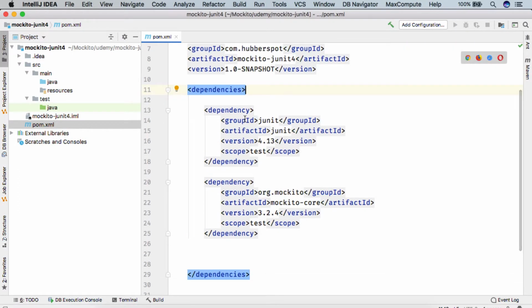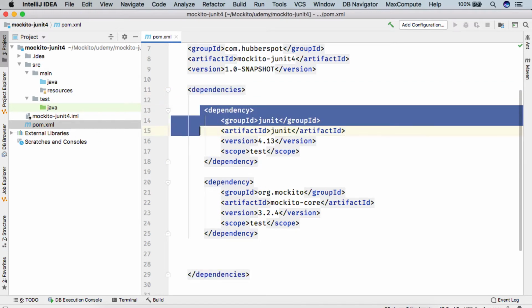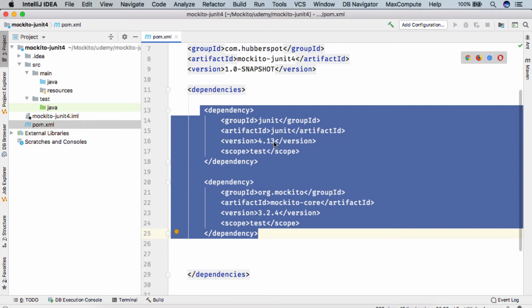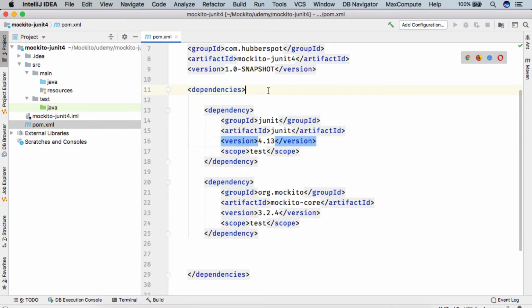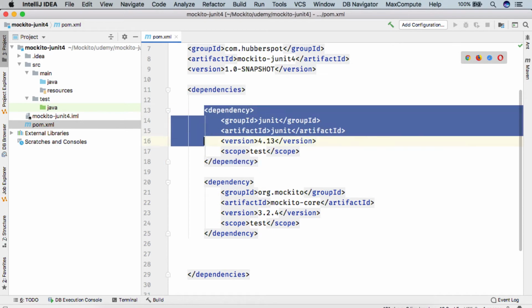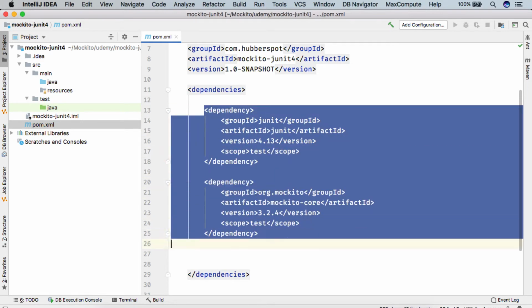So here in IntelliJ you can see that in one of our previous lectures we created a Maven project, and in our pom.xml we saw how we can use Mockito with JUnit 4. So friends, you can open that Maven project where we configured JUnit 4 with Mockito.